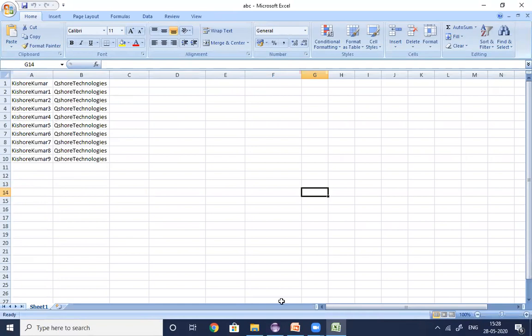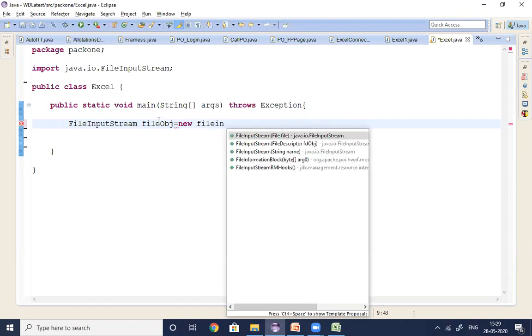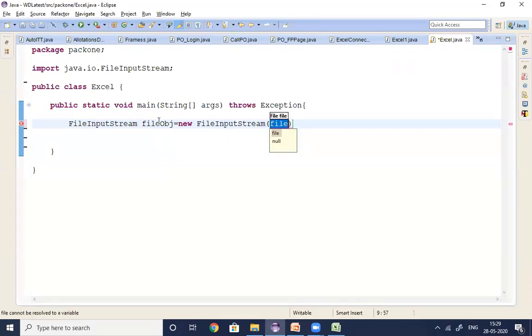script. So for reading the data from multiple rows in Excel, first as usual, we need to identify the location of Excel, open the Excel workbook and open the sheet. These steps are quite common, guys. In last session, we discussed how to connect to the Excel. Same lines of the code we require here as well. See, first identify the location of Excel. FileInputStream file equals new FileInputStream of path of the file.